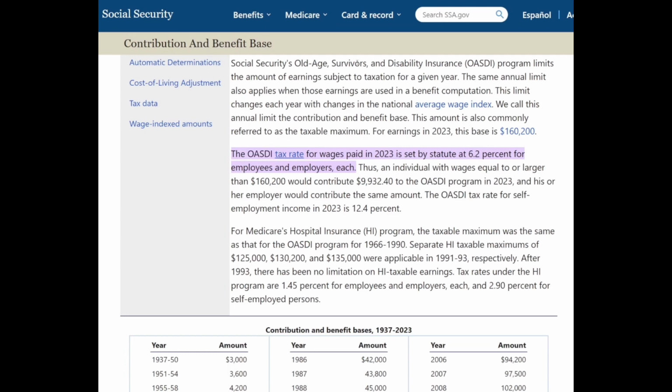OASDI, and that stands for Old Age Survivors and Disability Insurance, right? Because that's essentially what Social Security is, a type of insurance based off of your work history, depending on the situation. And those are the three situations that pertain to Social Security. So whether you're retiring because of your age, so maybe you're in your 60s or above, maybe you are a survivor of a marriage, so your spouse passed away and now you're filing for benefits that way, whether it's for you or maybe your children, and then disability in the event that you have an injury that is expected to last at least 12 months or longer,